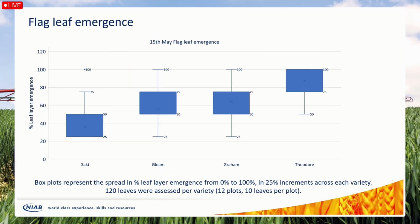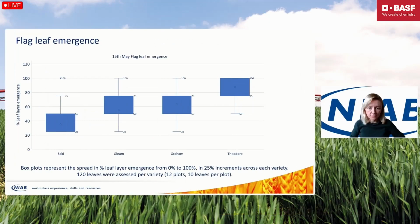Then we move on to flag leaves. Again, looking at specific time points, the 15th of May, and we saw the same trend again. So the Theodore again, on the 15th of May, looking at the flag leaves, you can see that all those flag leaves were at 50 to 100%, whereas the Saki had quite a significant proportion of them down there at that 25%